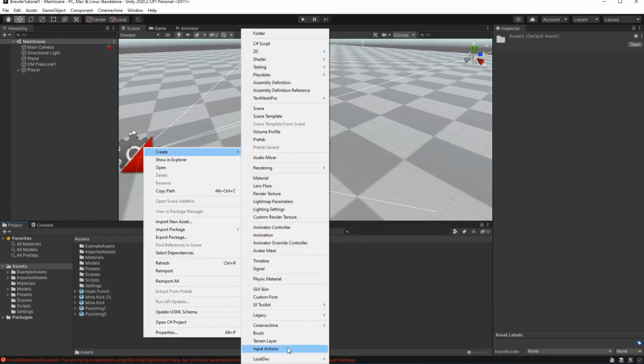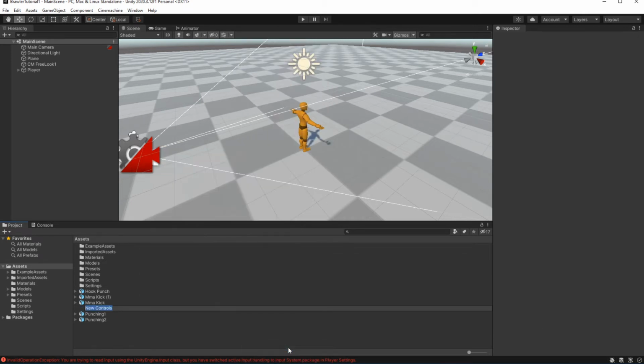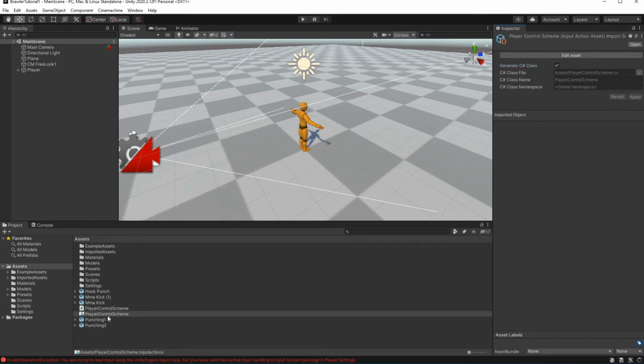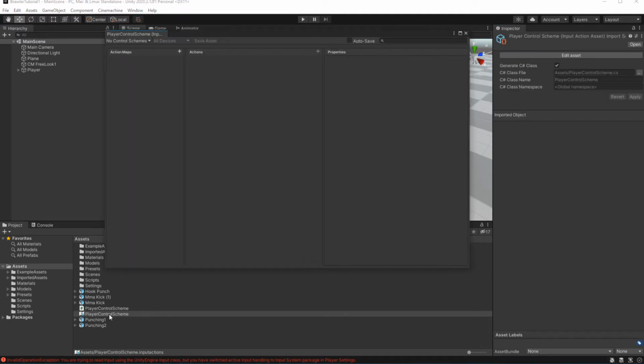Create a new input action in the project. Select it and click on Generate C# class. Click Apply. This will create a class in the project.